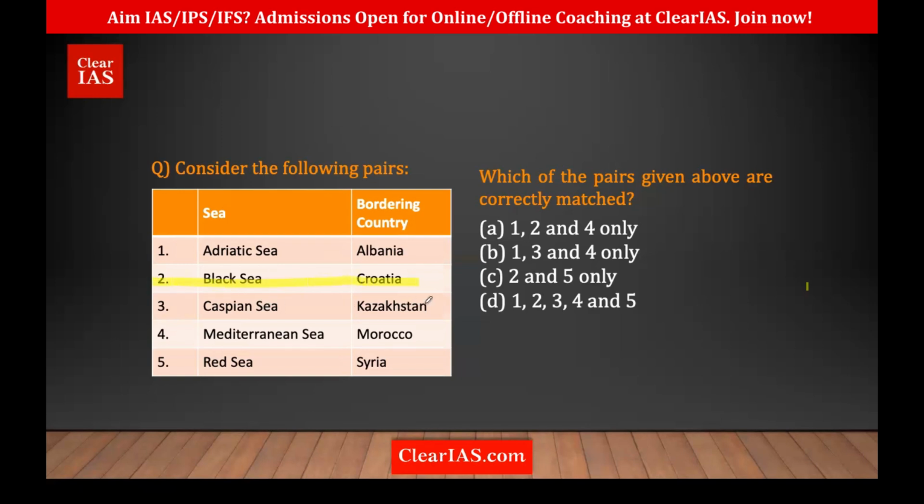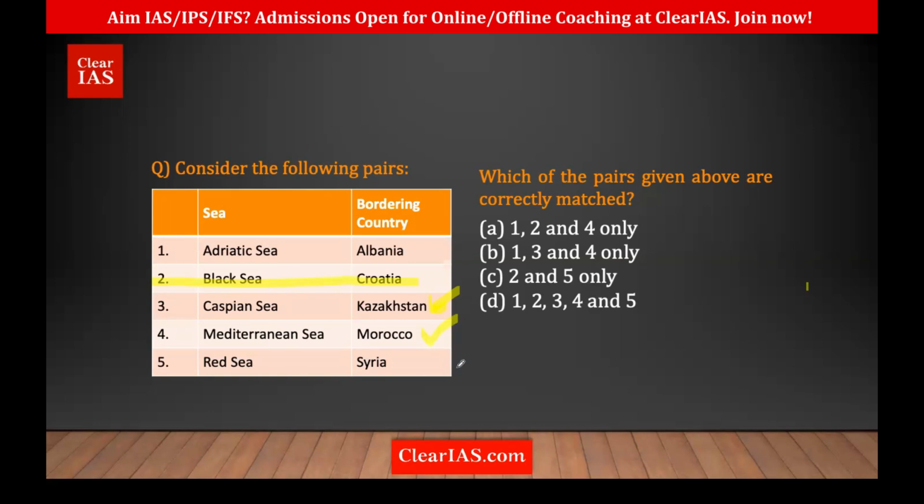Next is Caspian Sea, Kazakhstan. Tariq. So K is there. Kazakhstan is there. This is actually correct. Mediterranean Sea, Morocco. Yes, we spoke about Gibraltar. On top of the Strait of Gibraltar we have Spain, and at the bottom we have Morocco. You can remember this in terms of world history as well, because of the Spain-Morocco issue. So it is actually bordering each other. The Mediterranean Sea is close by.